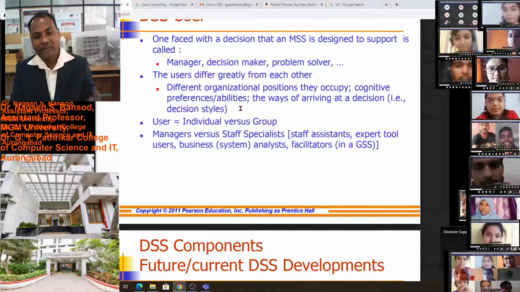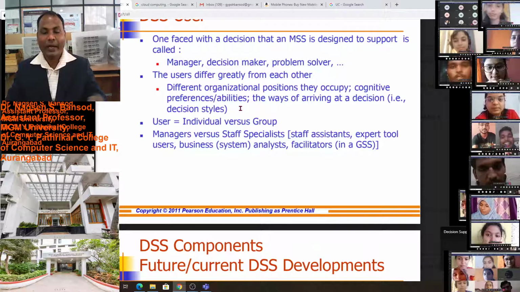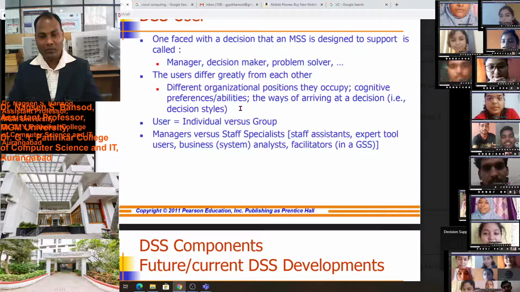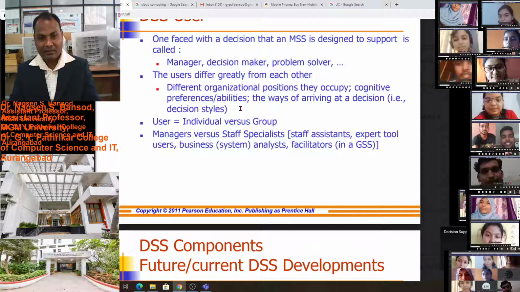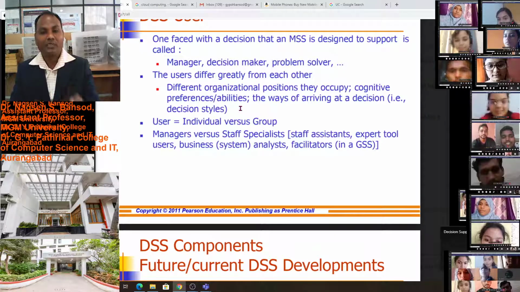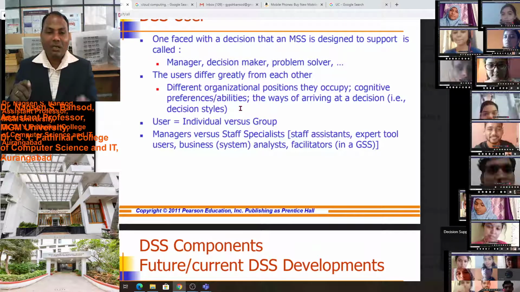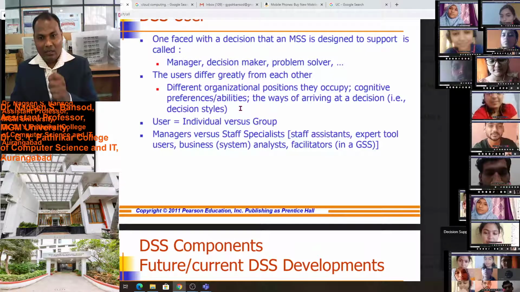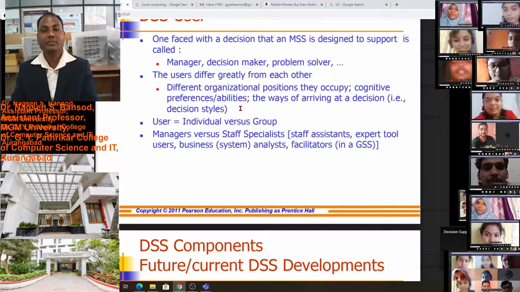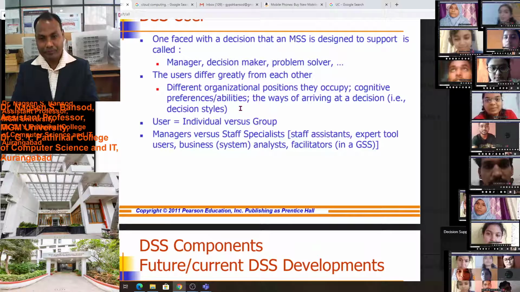There we require some expert person. Suppose an ECG machine is in the hospital, to find out the output of the ECG machine, how the heart rate or the human body beats are. To understand that, we require the expert tool handler, who will handle it. And the manager also watches the activities of the expert tool users with the help of the decision support system.